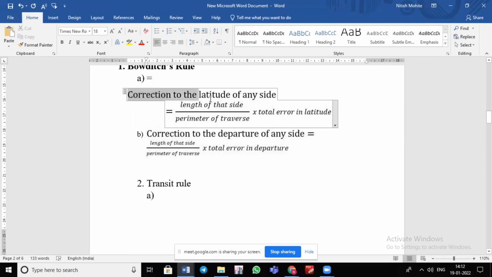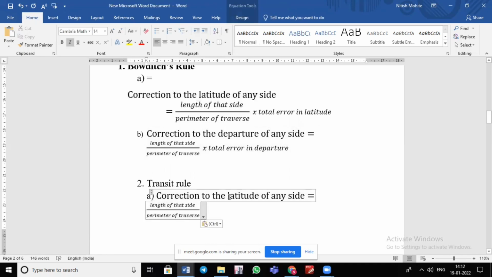So we'll write down here: correction to the latitude of any side is equal to, instead of length, the latitude of that side divided by